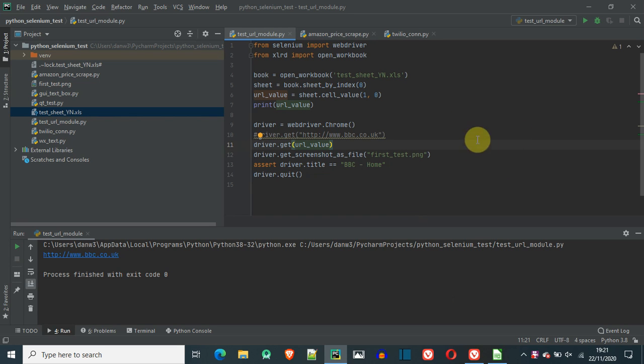Hi there, I just wanted to show you how to use Xlrd, which is an API in Python, and what that can do is help with your data-driven web automation using a spreadsheet. So what you'd do, instead of hard coding all your values like URL, username, password, form